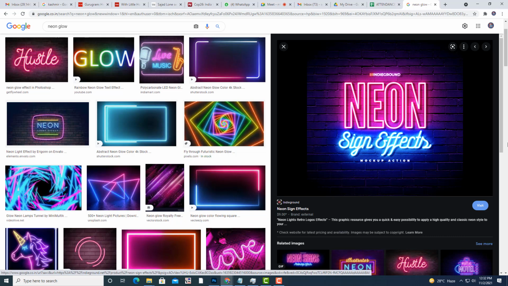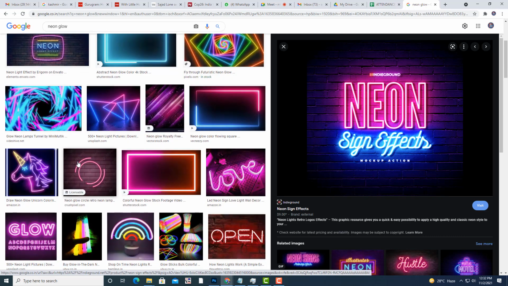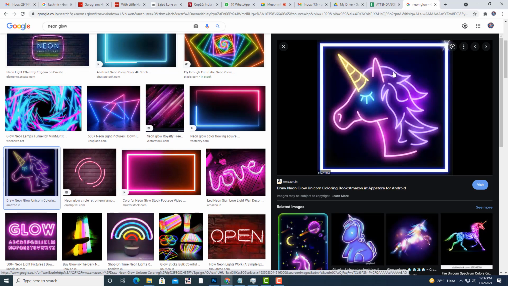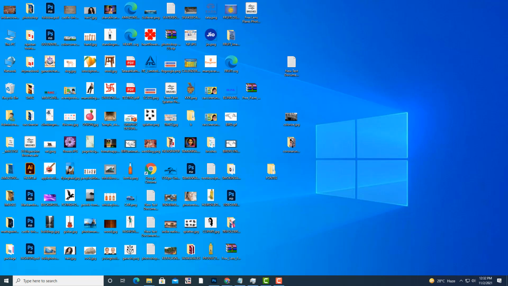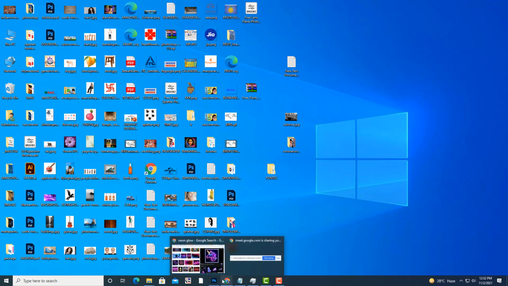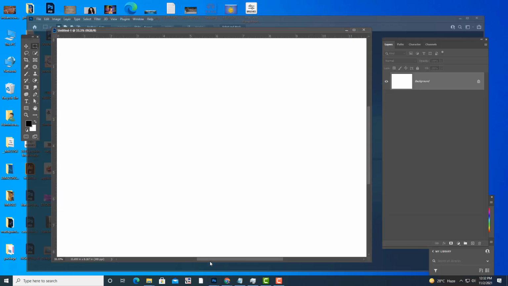Okay, to create that, the first step is we need a dark background. That is very important. Dark background is important. The second important thing is,